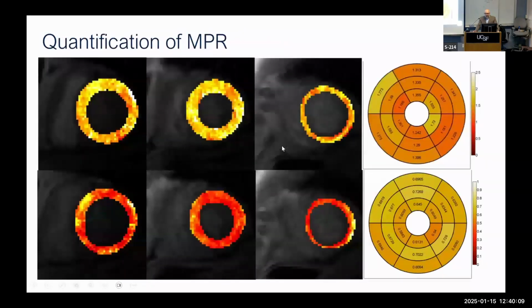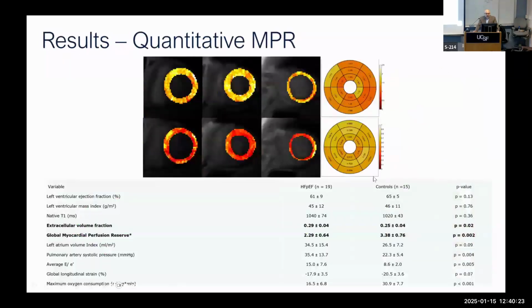However, when we do the quantification in this particular case, we can see that these stress flows were significantly reduced, below 2. Rest flows were pretty normal in this case, suggesting that there's a component of microvascular disease. And so in this study, we had about 20 HFpEF patients, 15 age-matched controls, which really were free